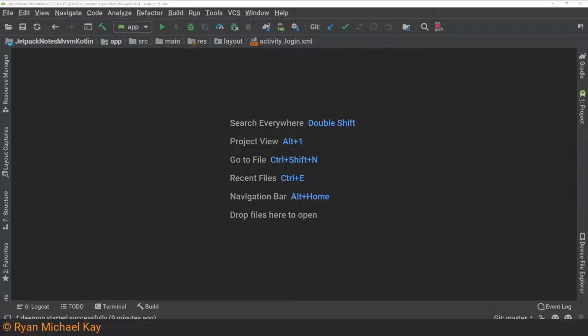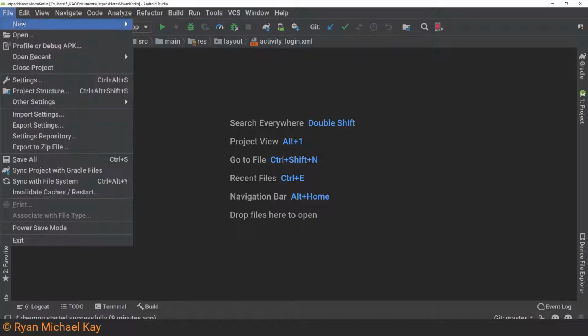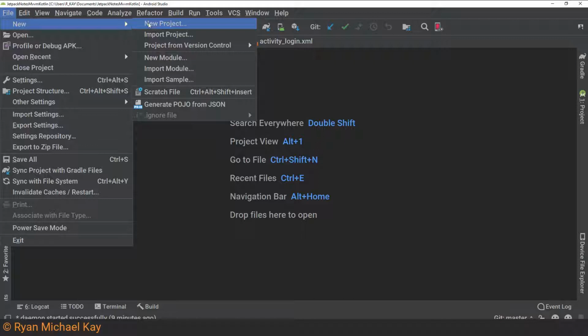In this part of the curriculum, we're going to figure out how to create a new project inside of Android Studio, and then we'll talk about some of the important files and directories within that project. So if you already have an active project open, then you can actually just go to New Project under the